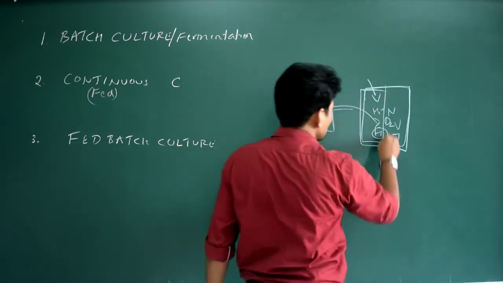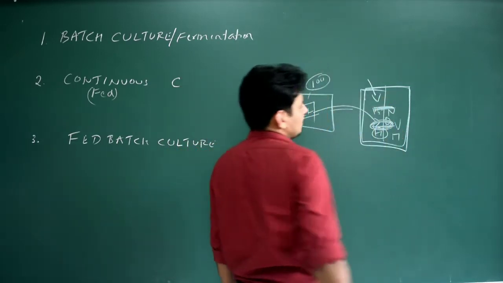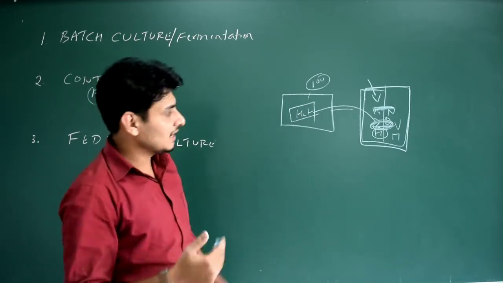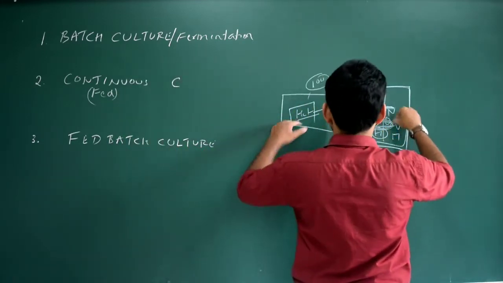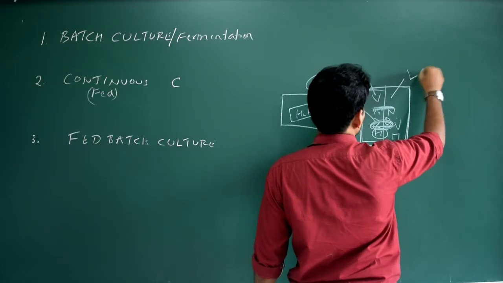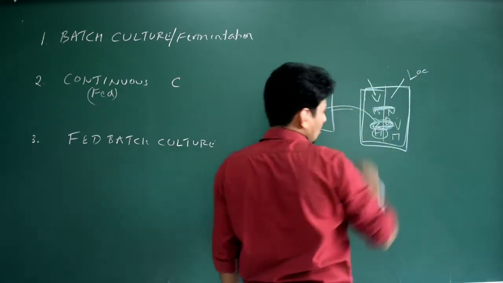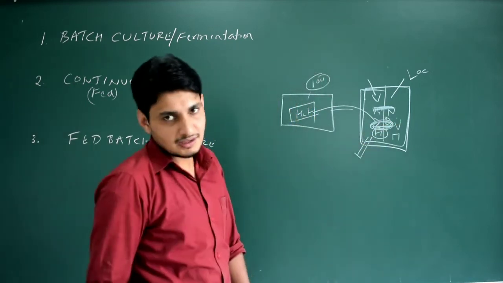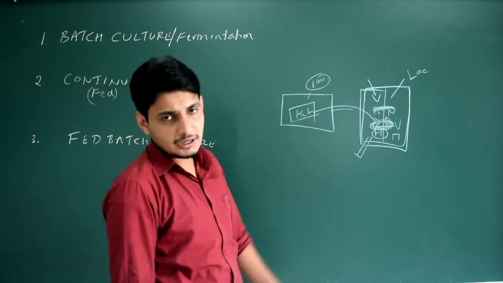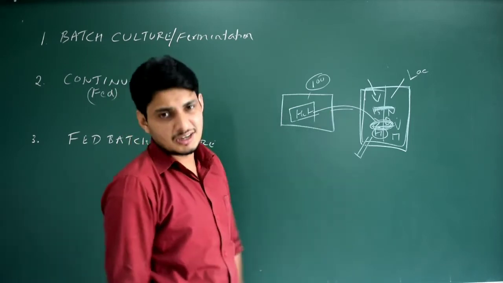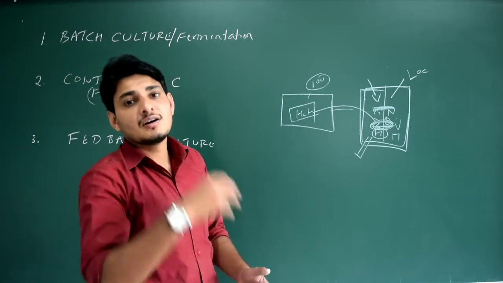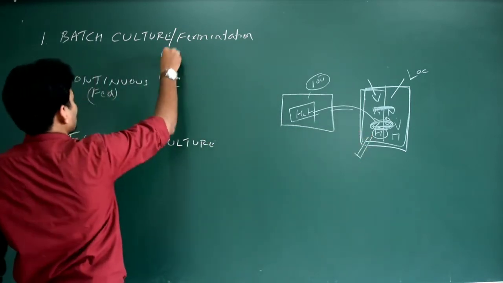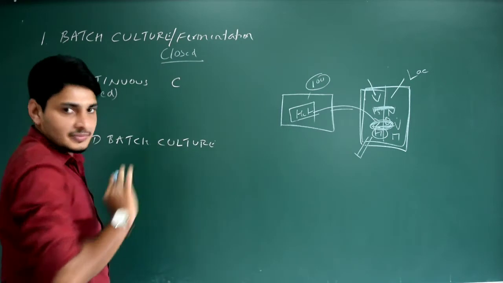Then I will turn on the motor, and the shaft and the impeller rotate, and that is nothing but agitation, which mixes the culture broth very well, and finally the number of this heterologous organism increases to, let us say, around a lakh. After that I have to turn off the motor, open this and remove all the broth. Then the isolation process: I have to isolate the heterologous organism from the remaining broth. Then after that, extraction of the rProtein from the heterologous host. So this is a closed system. So write down closed system. Okay, done.